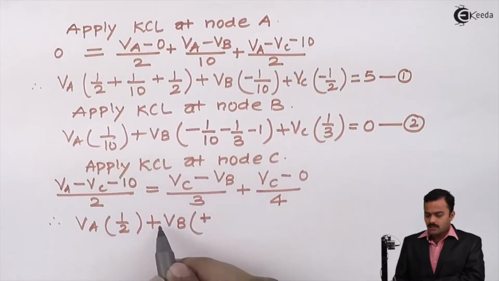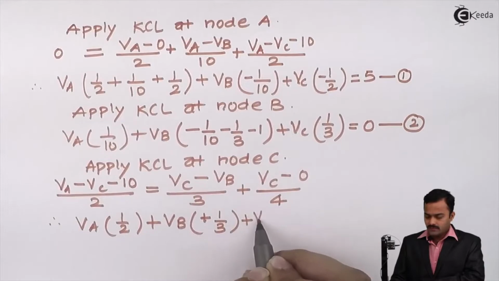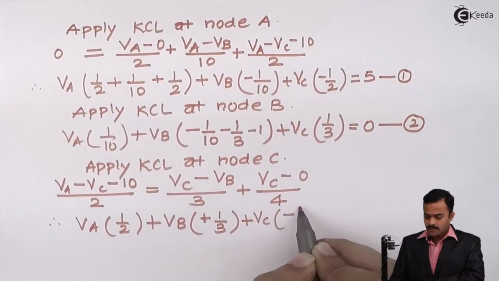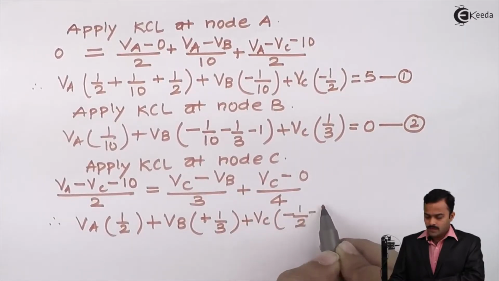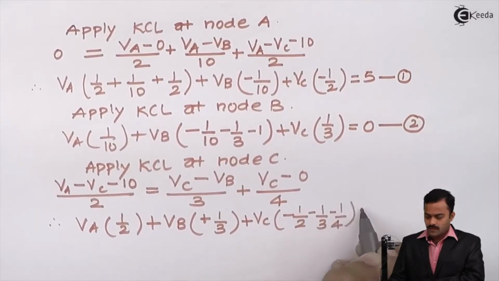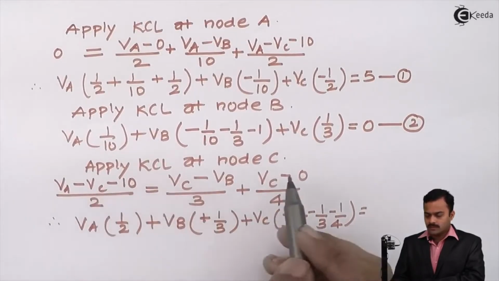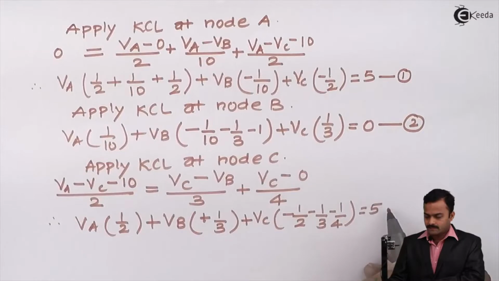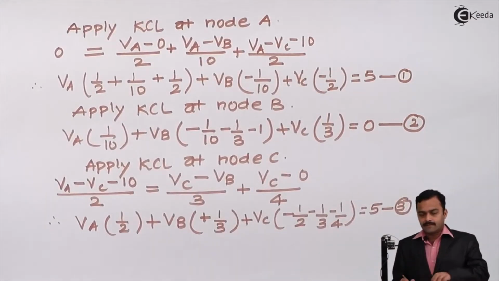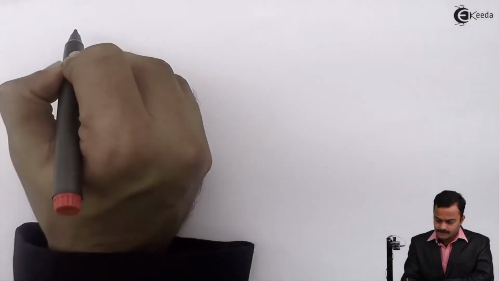So coefficient of Vb will be 1 by 3, coefficient of Vc minus 1 by 2 minus 1 by 3 minus 1 by 4 and a constant which is minus 5 over here. If I take to other side, it will be plus 5. This is equation number 3 I am getting. And after solving these three equations, so solving equations 1, 2 and 3,